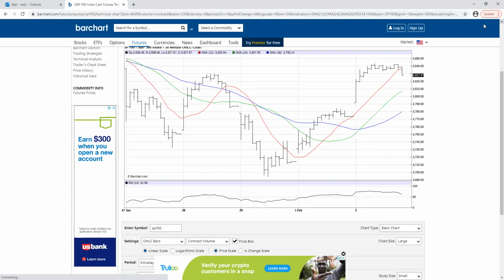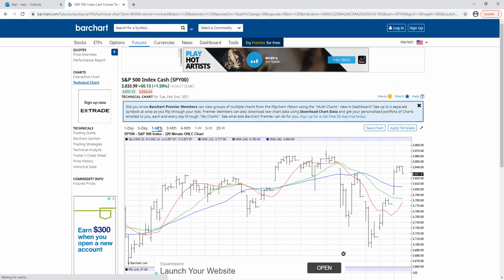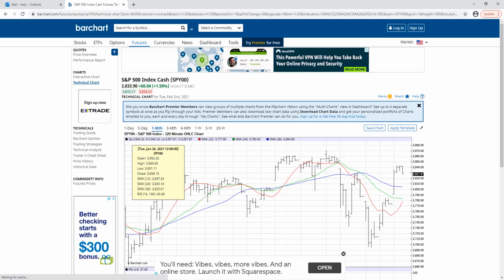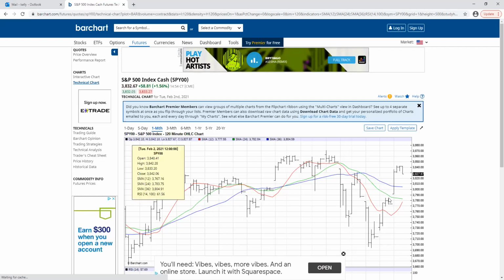So what I did was, we were thinking that this area of 3840 and 3850, which we ran into, is really just filling in that gap. And now if we cannot take out this neighborhood here of 3850 and 3860, there's a possibility we roll back down. It's not by any means 100%, but what it is, you got another little gap down here,